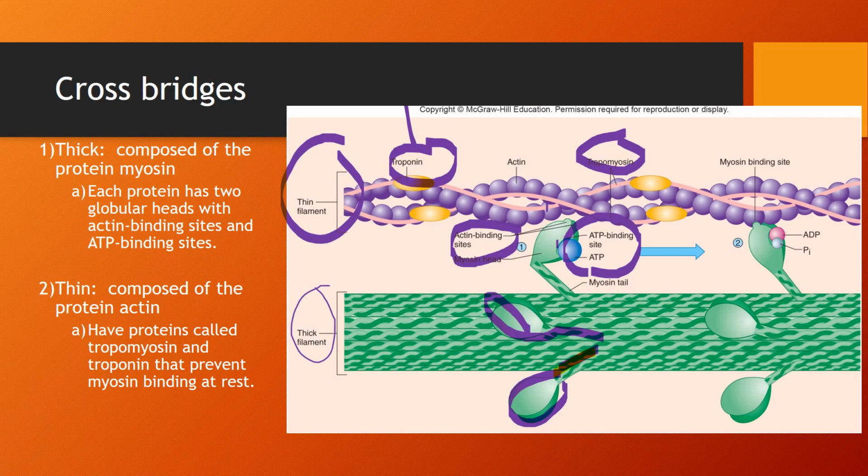Tropomyosin, though, is again a filamentous protein. Normally under resting conditions, tropomyosin is going to cover the active sites so that the actin and myosin cannot interact. If they were continuously touching each other, then our muscles would continuously be in contraction, and that would be a state of tetany. Okay, so what happens then is that calcium is going to bind to troponin,